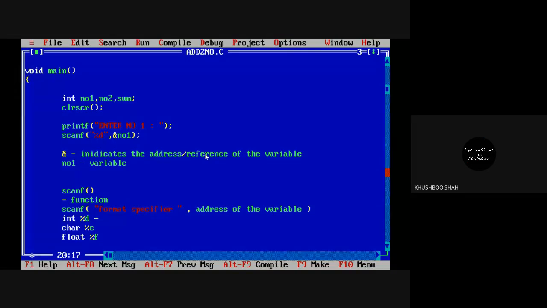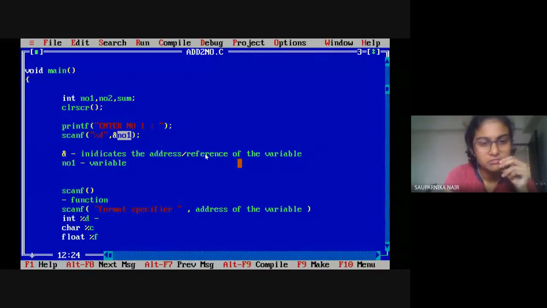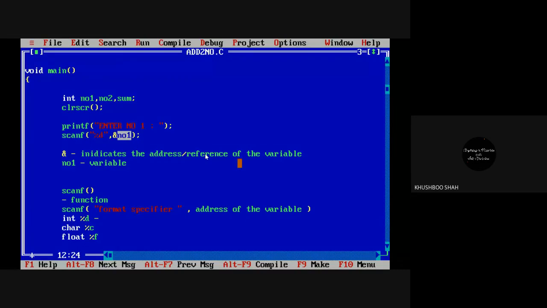But right now, just keep in mind that in the scanf statement, two sections are there. First is for the format specifier and second one for the address of the variable. So, see, no1. What is the data type of no1, guys? Integer. No1 is a variable, and its data type is integer. For the integer data type, the format specifier is %d.